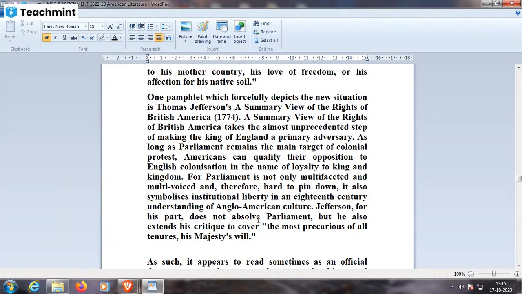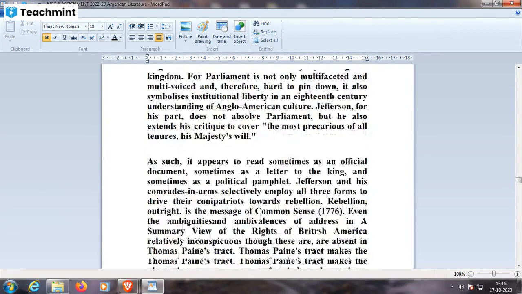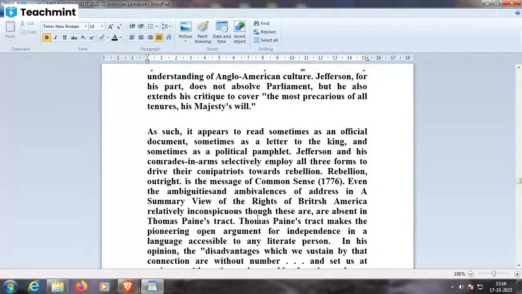For Parliament is not only multifaceted and multi-voiced and therefore hard to pin down, it also symbolizes institutional liberty in an 18th century understanding of Anglo-American culture. Jefferson, for his part, does not absolve Parliament, but he also extends his critique to cover the most precarious of all tenures, His Majesty's will. As such, it appears to read sometimes as an official document, sometimes as a letter to the king, and sometimes as a political pamphlet. Jefferson and his comrades in arms selectively employ all three forms to drive their